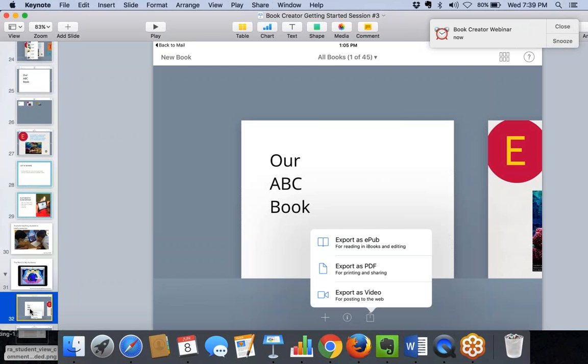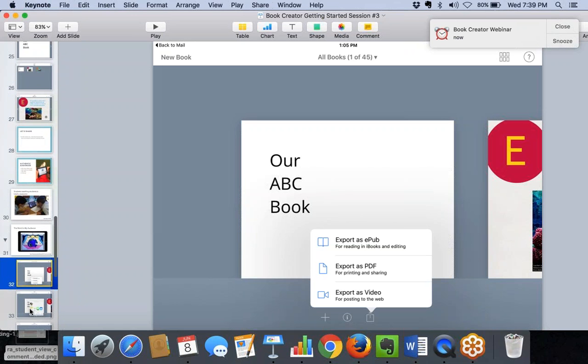And so we're going to come back to this ABC book and back to those sharing options. So before we said, if you're publishing as an EPUB, that's what you want to do if you're going to have the pages pushed together into one collaborative book. Publishing it as an EPUB is also good if you want to save it to your iBooks library, if you want to come back to it and edit it later, right? If you want to upload it eventually to the iBook store using iTunes Producer, which is a great option. It's the option that we saw Karen use with her book that was published to the iBook store,